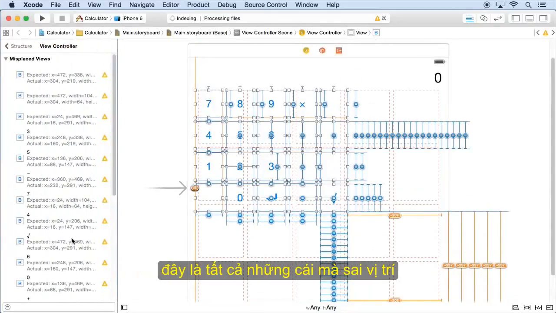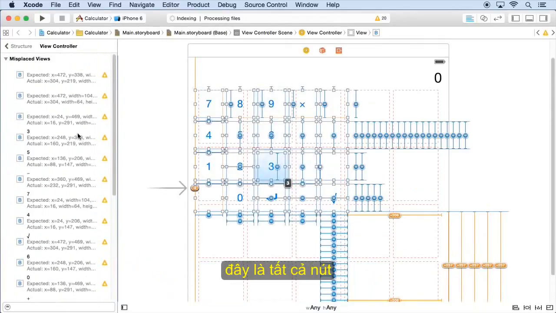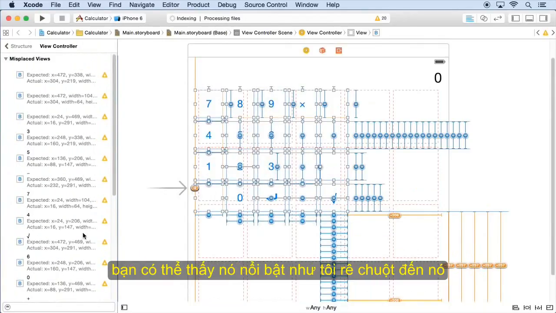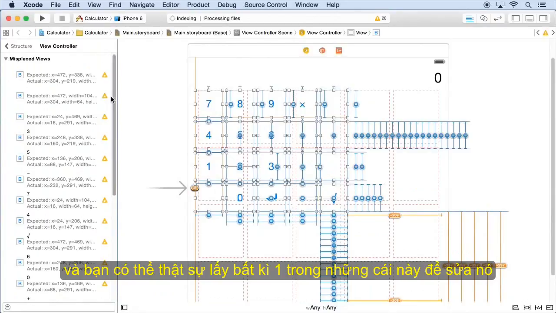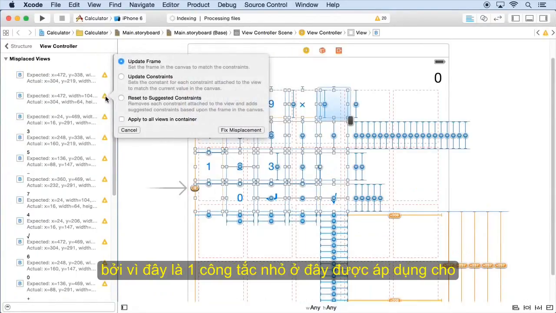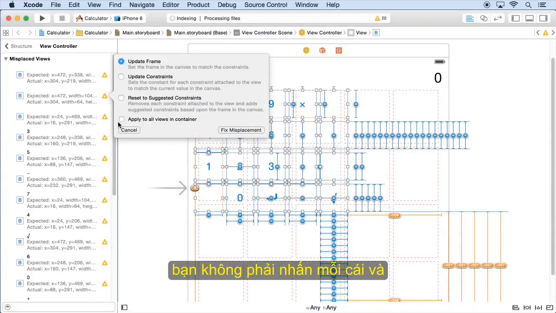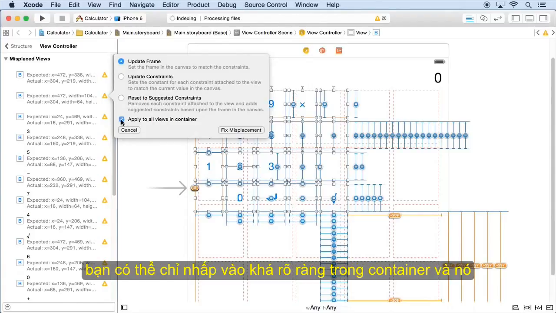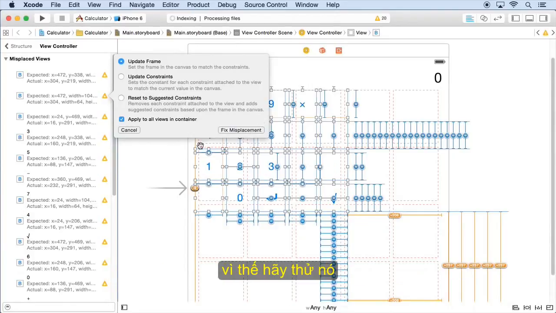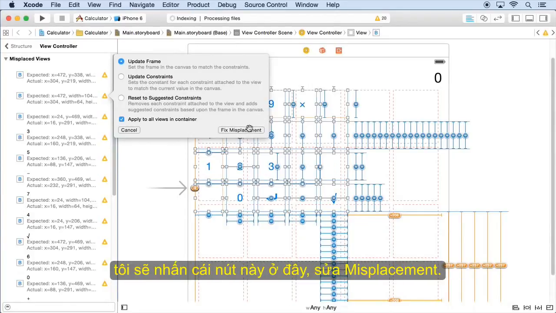We click the yellow. Here's all the things that are in the wrong place. This is all the buttons. You can see they highlight as I mouse over them. And you can really pick any one of them to fix this, because there's a nice little switch here called Apply to All Views and Containers. You don't have to click on each one and have its frame update to the proper thing. You can just click Apply to All Views and Containers, and it's going to move the frame of all the buttons to fix the fact that they're in the wrong place based on their rules. So let's try that. I'm going to hit this button right here, Fix Misplaced